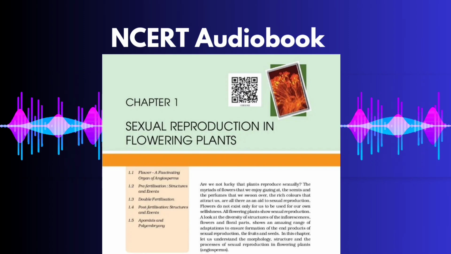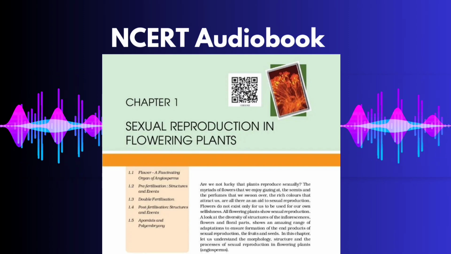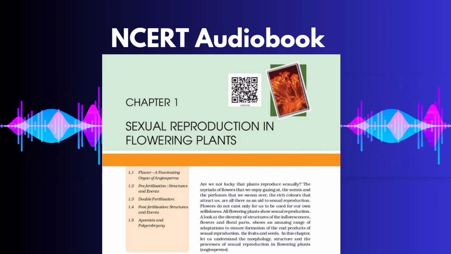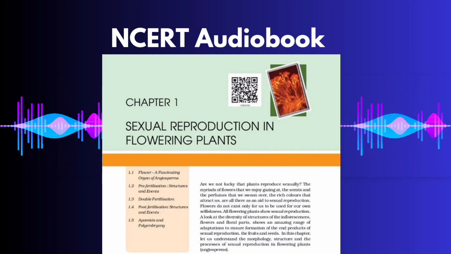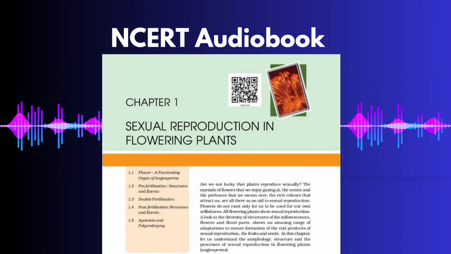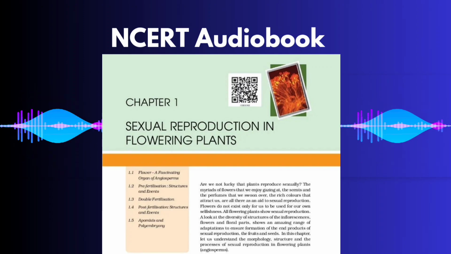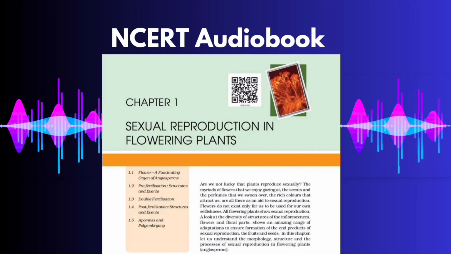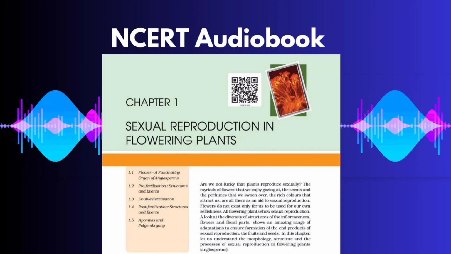The pistil has three parts: the stigma, style, and the ovary. Ovules are present in the ovary. The ovules have a stalk called funicle, protective integuments, and an opening called micropyle. The central tissue is the nucellus in which the archesporium differentiates. A cell of the archesporium, the megaspore mother cell, divides meiotically, and one of the megaspores forms the embryo sac,